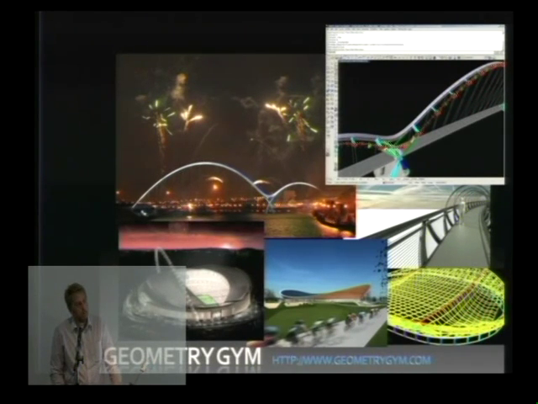I've worked on a number of stadiums and bridges which generally display their geometry and form, and the form plays a large part in how that particular structural project works. In working on these projects, we've really tried to push the software and the available design techniques. So the tools I'm presenting are basically the culmination and combination of all those jobs and projects and the particular problems we faced in trying to design them.